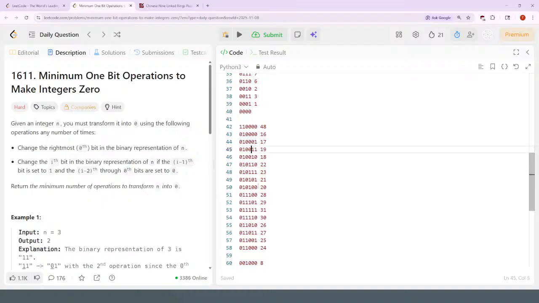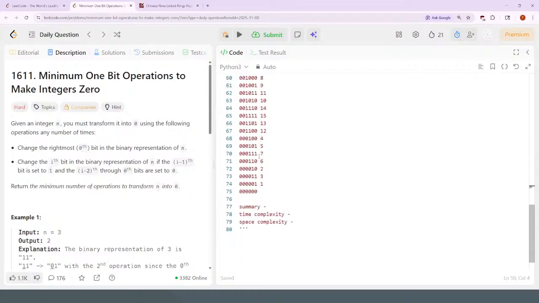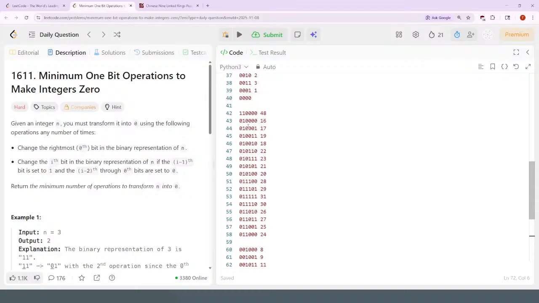If I look at the rightmost bits here, 1, 1, 1, 1, 0, 0, 1, 1, 0, 1, 1, 1. That's the same as it counting back upwards. 1, 1, 1, 1, 0, 1, 1, 0. So it tries to zero out